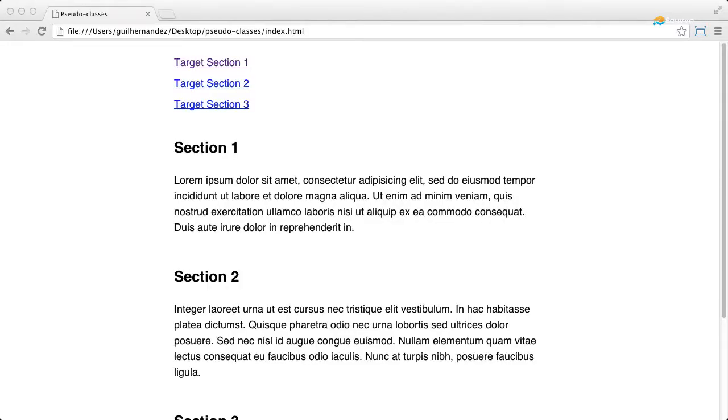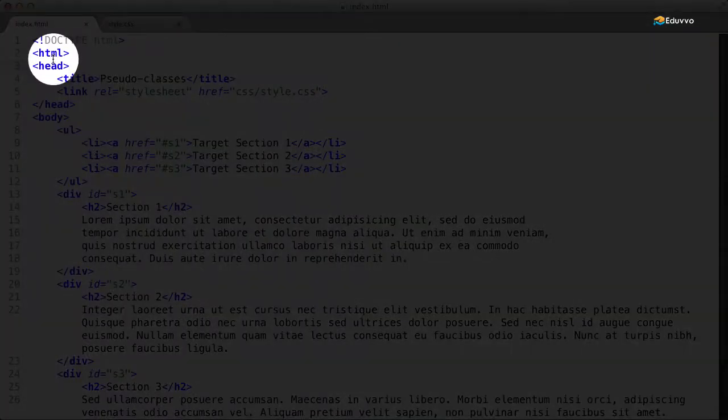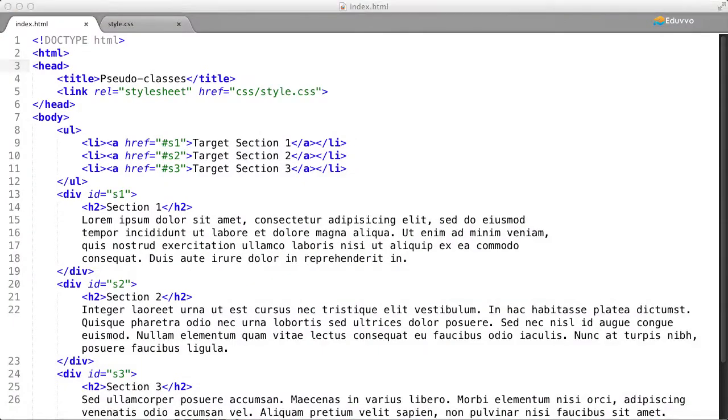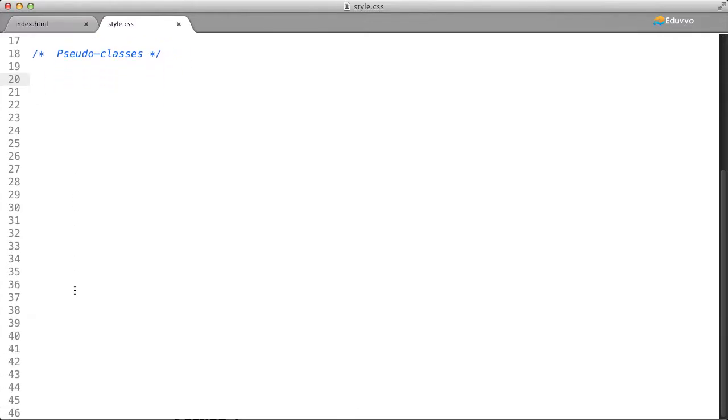So the first pseudo class we'll cover here is the root pseudo class. What root does for us is select the element that is the root of the document. This will usually be the HTML element because, as we can see, it is in fact the root of our document. In our style.css file, we'll go ahead and create our root pseudo class selector by typing